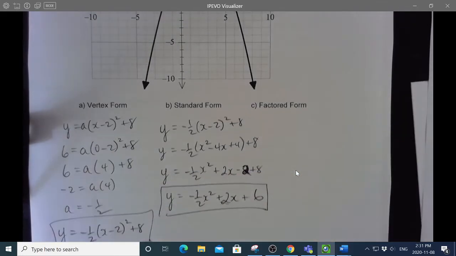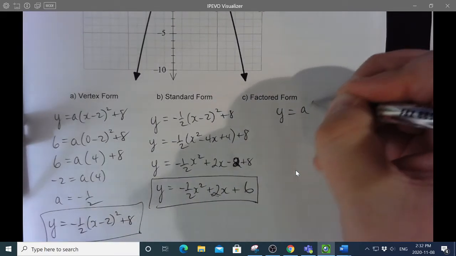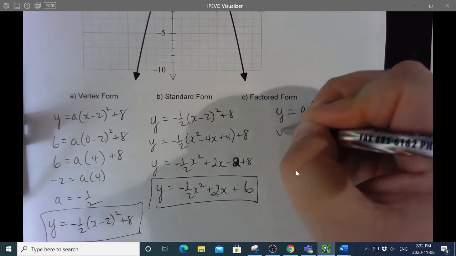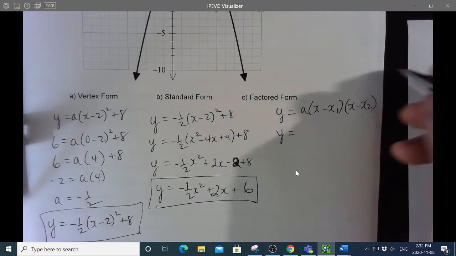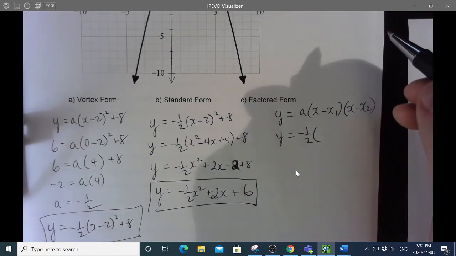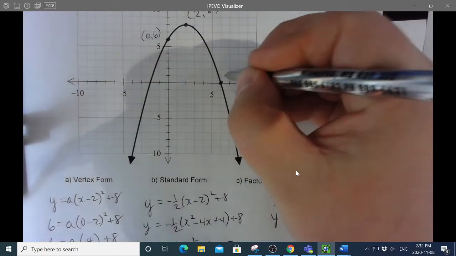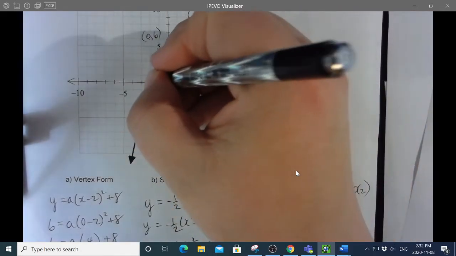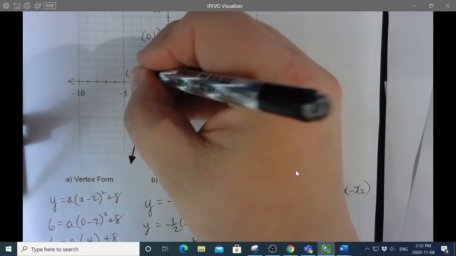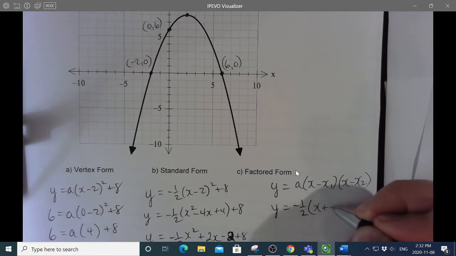Standard form. Factored form is, of course, y equals some a times x minus x1, x minus x2, and the a value, I already figured out back in the other part, so I can just use it here again. And then I have x minus, now I can just read these off the graph, I think. So this is an x-intercept of 6, I could call it 6, 0 if you want, and this is an x-intercept of negative 2, and so that's x minus negative 2, which is plus 2,